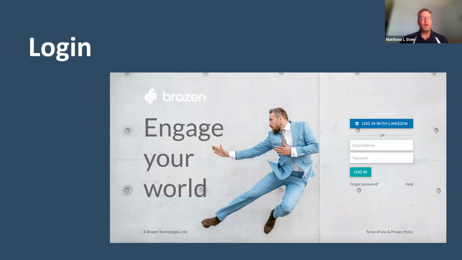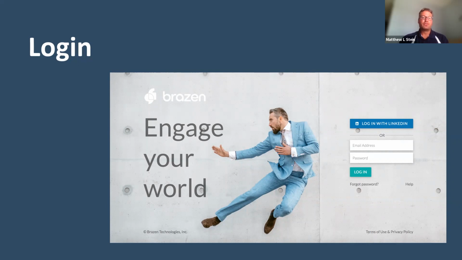If you have participated in a previous online event, you can log into Control Center using your email address and the password you created previously. This is the Brazen Control Center that I'm referencing. If this is your first time participating in an online event on the Brazen platform, you will receive a temporary password to log in with. Log into the Control Center, and if you need login assistance, you can always reach out to